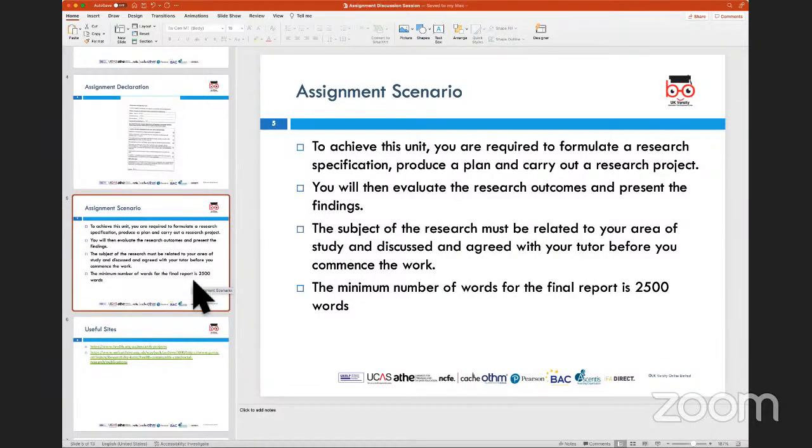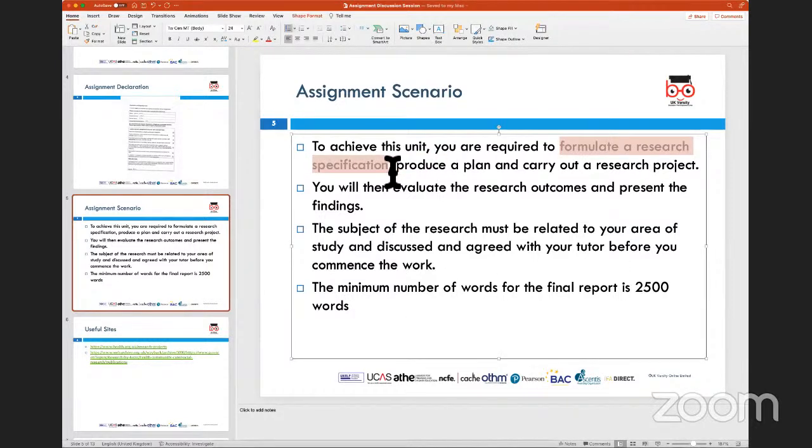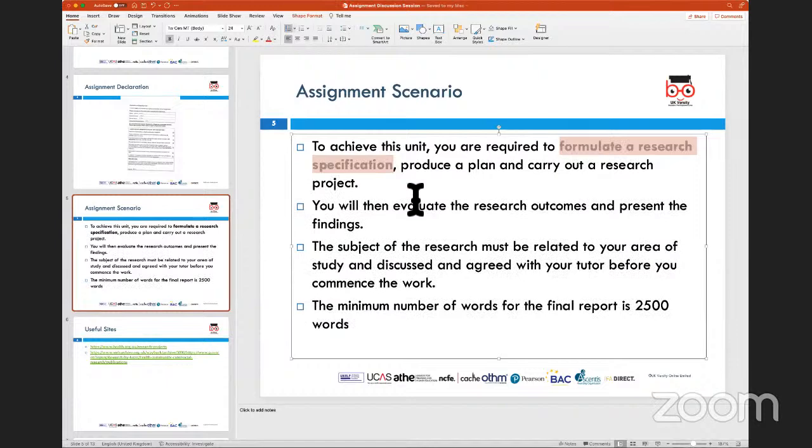Now, in order to go back into the discussion of the assignment, if we look briefly at the assignment scenario which has been given by ATHE, what they have suggested is that we need to look at formulating a research project specification. So that's the key bit that we have to look at. That means a research proposal has to be made, giving proper credence to having